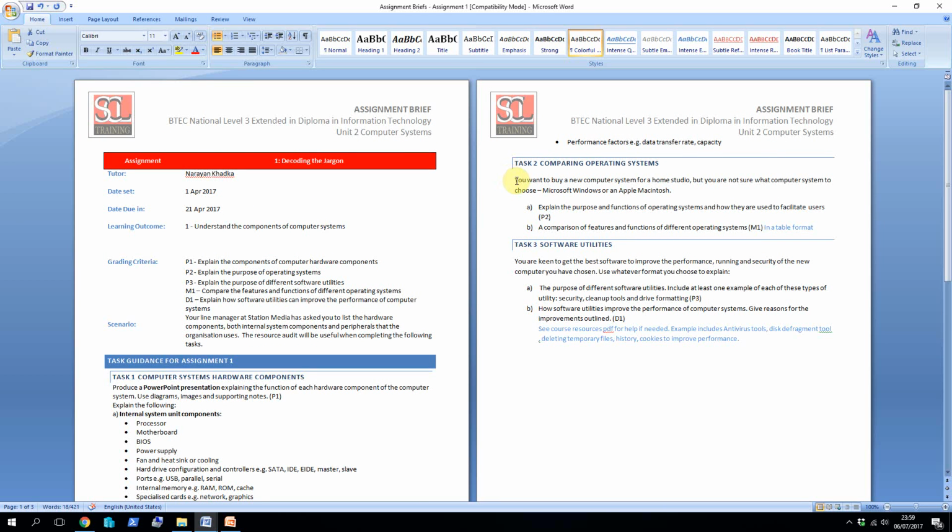now task 2 is about recommending what is the best computer system for a recording studio. Okay, the scenario is there. You work in a recording studio which records songs and multi track audio. Now, for example, in a studio you need microphones, good quality microphones, good quality speakers, good quality and very fast computer which can record the songs, store them, so you need bigger hard drives, and then probably